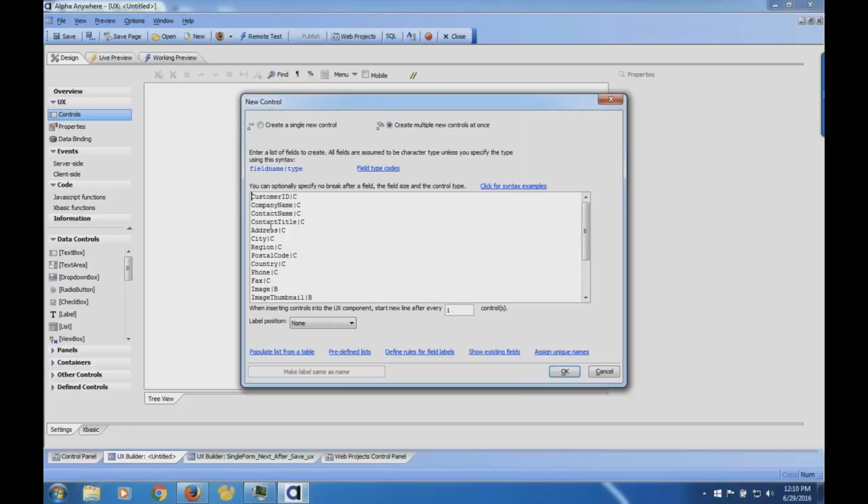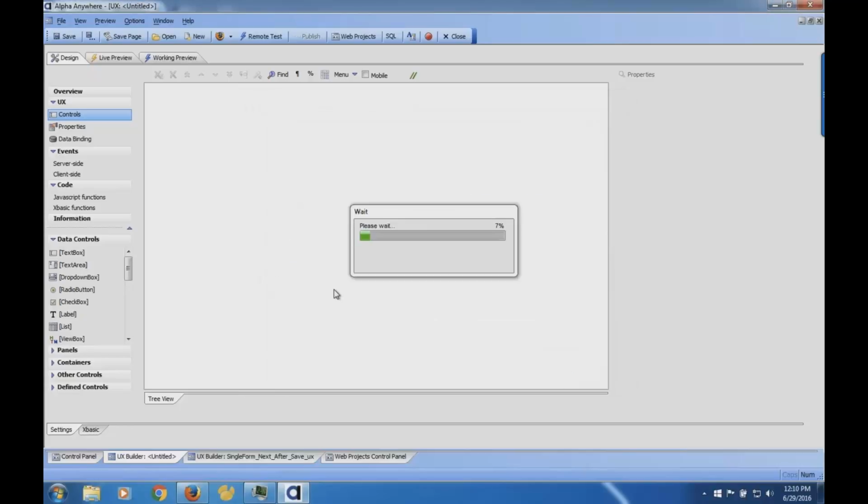You'll notice it's put a list of the fields that it found in that database, including its data type, and I click OK, and in a few moments it's generating everything for me. I'm going to have a fully data-bound editable UX with zero coding, and that's always a nice thing. So if I want to put together a real quick editor, I just merely go through, do this.